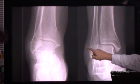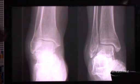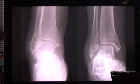But when you see a flake of bone that looks longitudinal like that, this is a really important fracture, not to dismiss as a little flake fracture. These longitudinal fractures, which run parallel to the lateral malleolus, relate to the retinaculum which holds down the peroneal tendons, the peroneus longus and brevis tendons. And if you disrupt the